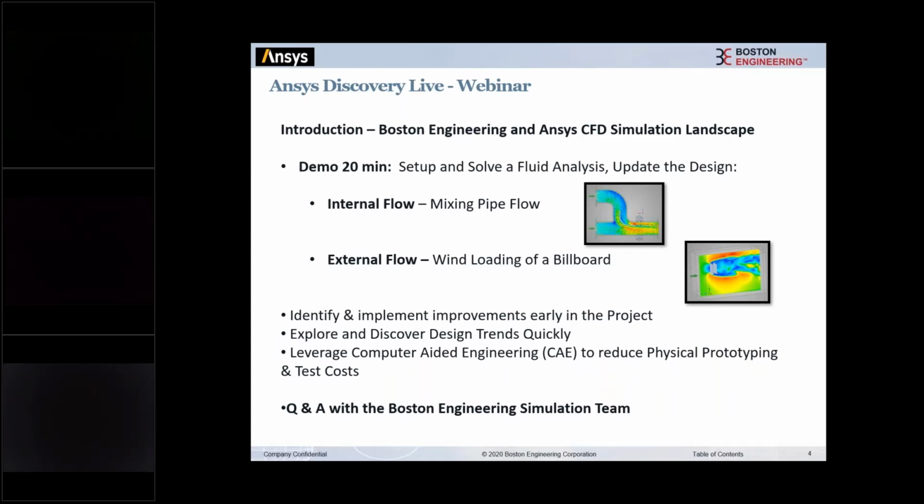Hopefully everyone here has a larger package of computer-aided engineering software. We want to be using a lot of the simulation tools, whether it's fluids or structures or electromagnetics, to offset some of the old school R&D prototype and testing. So we're going to cover those two cases and then any Q&A afterwards. I'm a long-winded person, so I'm going to try my best, John, to stick to the time allotted here.